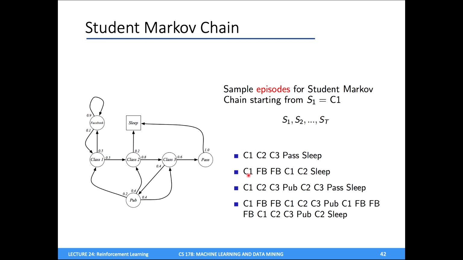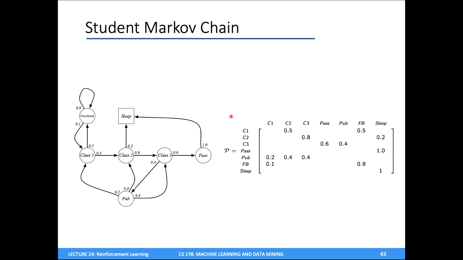In a second day, maybe my student wakes up, goes to class, goes to Facebook, and then on Facebook once again, returns to class 1, goes to class 2, and says, okay, I'm skipping class 3 today, I'm going to go to sleep. And so on and so forth. So we can sample multiple episodes of a particular Markov chain, and then using each step's transitions, estimate these transition probabilities. So all in all, I'll make a matrix where I have one row per state and one column per state. And then each number I fill in is, well, with what frequency did I start in class 1 and end up in class 2, for example? So it would be 0.5 here.